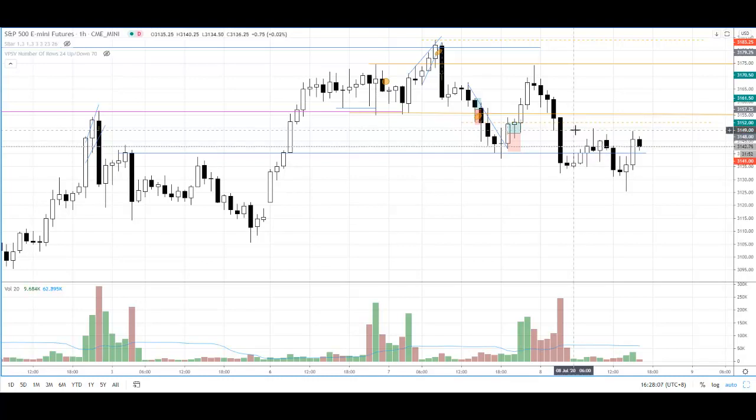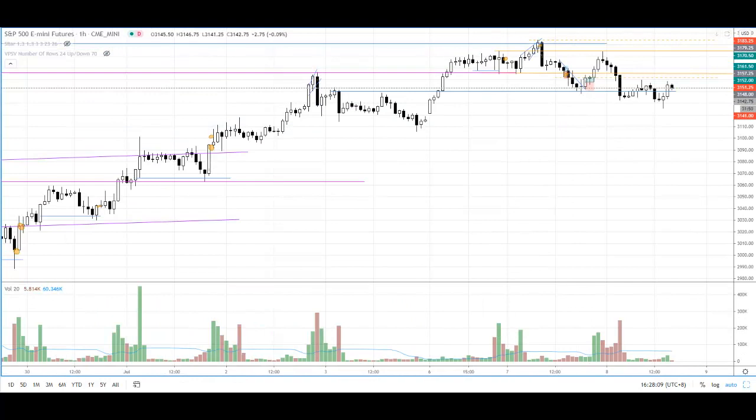Because when you look at this structure here, although we could have some kind of upthrust action followed by reaction, and during the US session yesterday we see some rejection and eventually a sell-off, you see that the commitment to the downside, or the progress to the downside,